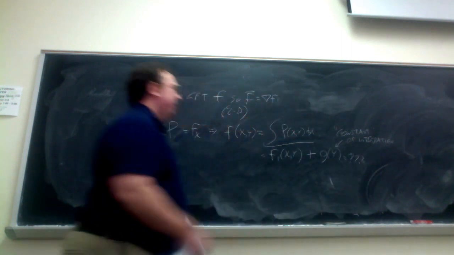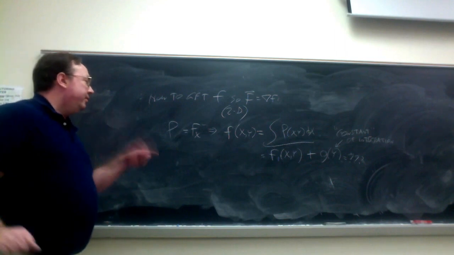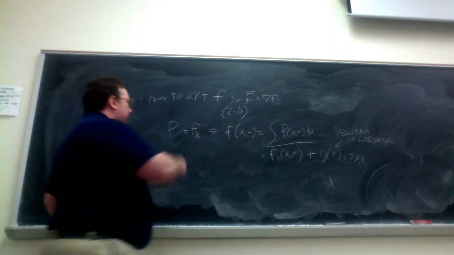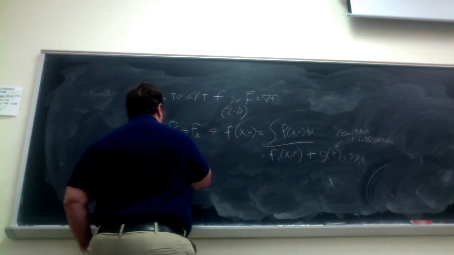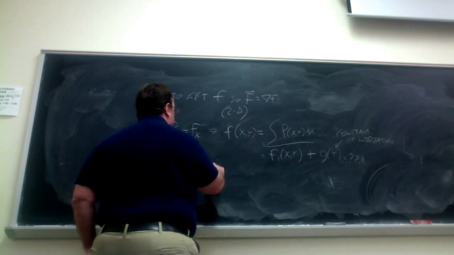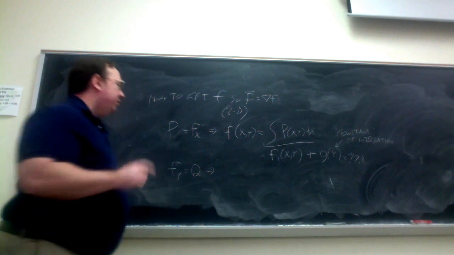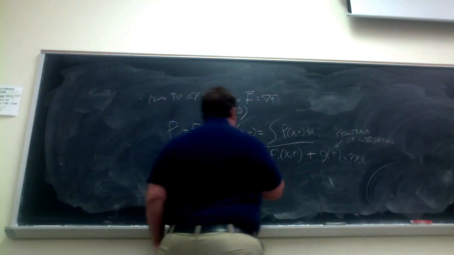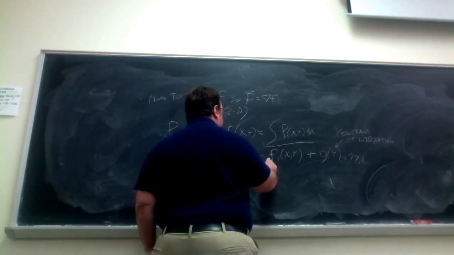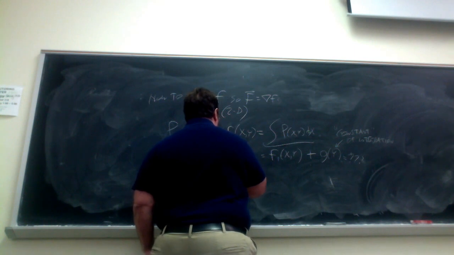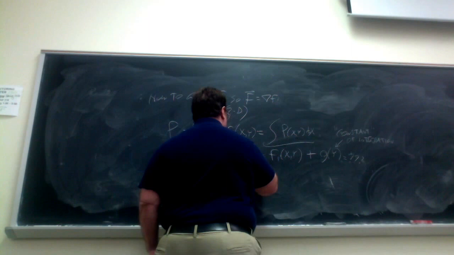So I still have to figure that out. Now, to figure that out, I need to use my other relationship. That partial of little f with respect to y has to equal q. So here's what I can do. I can take what I know to be my little f,